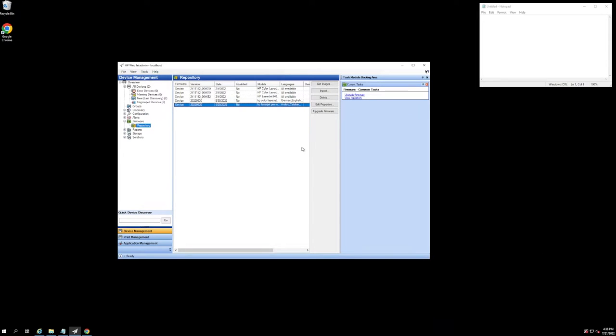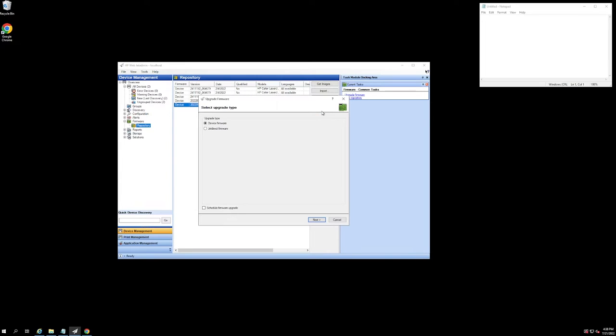All right. Now that we have successfully discovered all the devices on our network and imported all the appropriate firmware files into our repository, the last step in this process is going to be actually scheduling and executing our firmware updates. To do so, just navigate to the right-hand side, hit Upgrade Firmware, and from here,